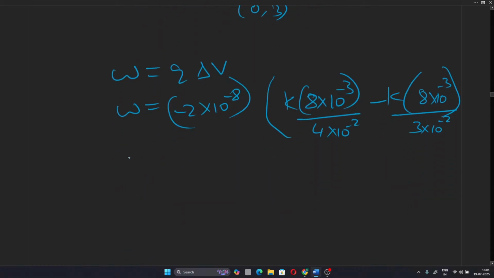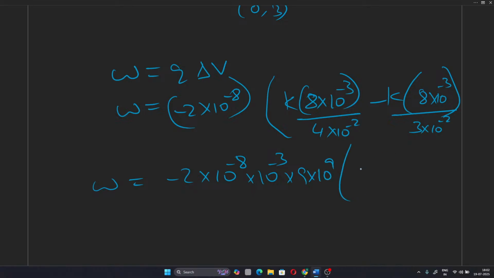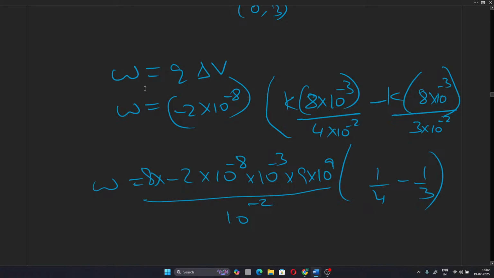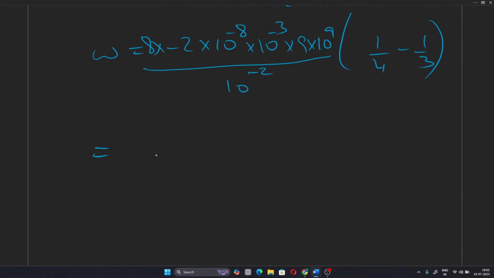So finally the answer: work done equals -2 into 10 power minus 8, and 10 power minus 3 we can take common, K also we can take common, which is 9 into 10 power 9, 8 as well we can take common, and 10 power minus 2 as well we can take common, into 1 by 4 minus 1 by 3. This will be equal to